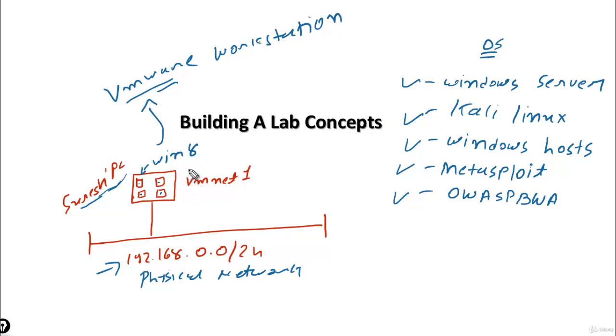So Suresh will create VMnet1. It's a virtual network of VMware Workstation. So it will connect all the VMs to VMnet1. VMnet1 has a different network than 192.168.0.0. If Suresh wants to communicate from a VM to the physical network, he will create a bridge to the